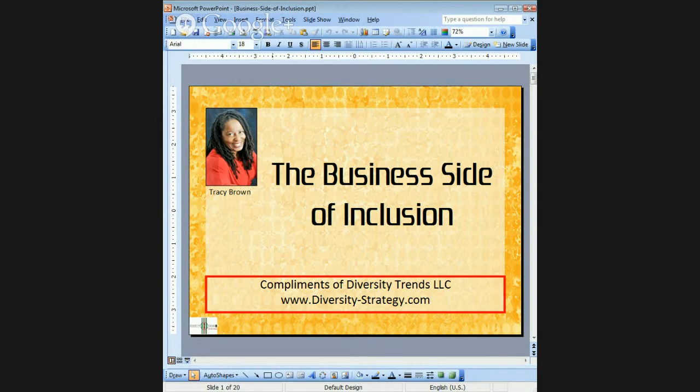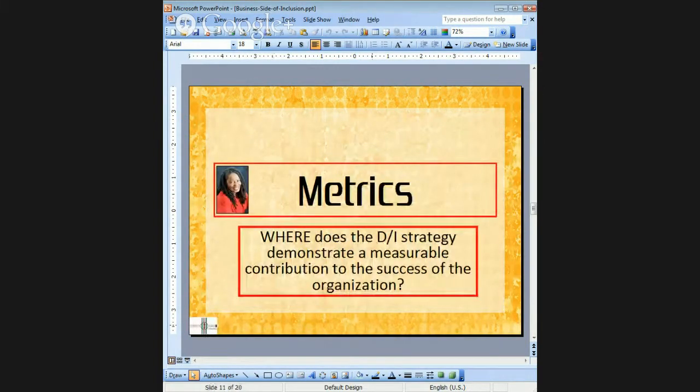And the fifth question is about metrics. It's where does our diversity and inclusion show up? Where is the accountability? Where are the indicators that this diversity and inclusion strategy actually is making a measurable contribution to the success of the organization? All of this is not simple. It's multi-layered. And that's why I said you can't answer these 5 questions alone and then feel like any one of them individually will give you the answer to whether or not your diversity and inclusion strategy is